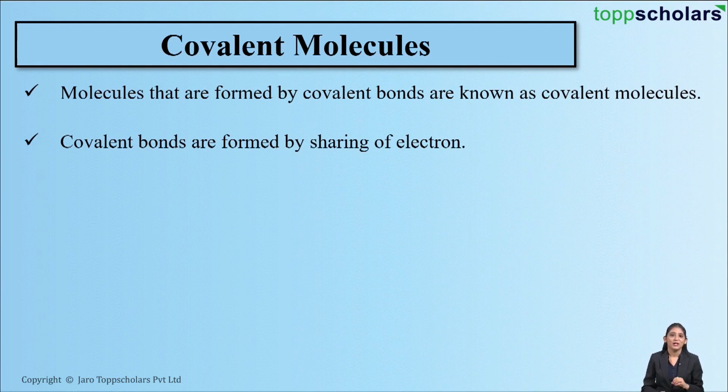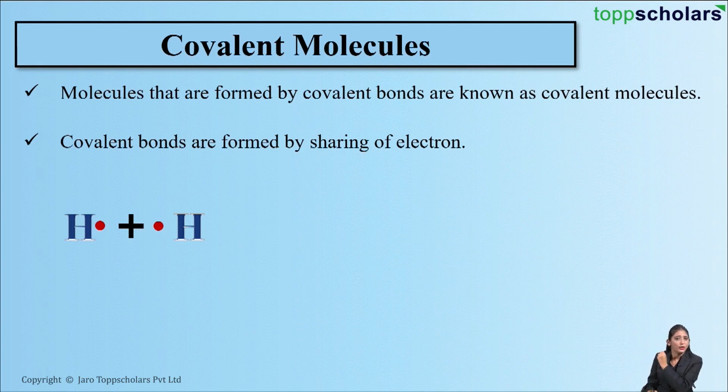covalent molecules. So let's take an example over here to understand this, right? So here I have two hydrogen atoms as you can see over here. Now what is the atomic number of hydrogen? 1 exactly. So its electronic configuration is also 1. So as you can see over here, hydrogen has 1 electron in its first orbit, which is also its outermost orbit, right? So which means that hydrogen has 1 valence electron.